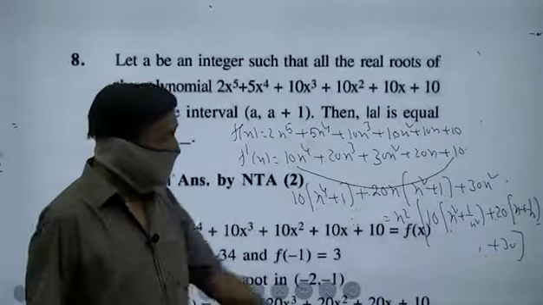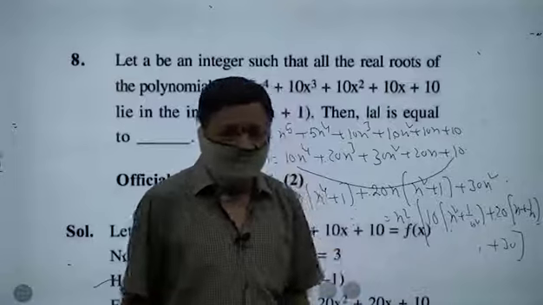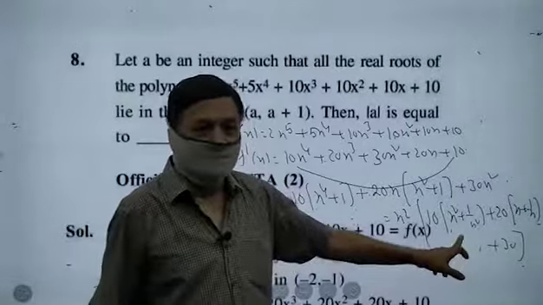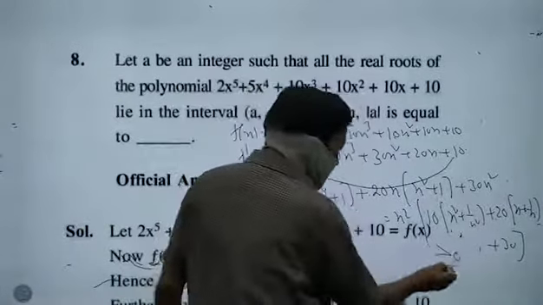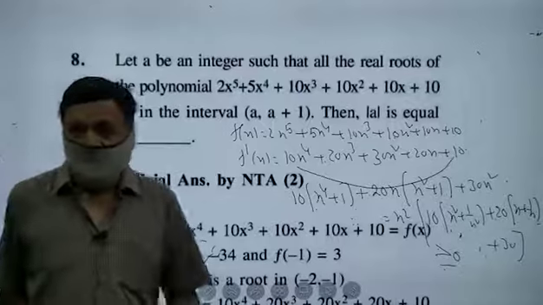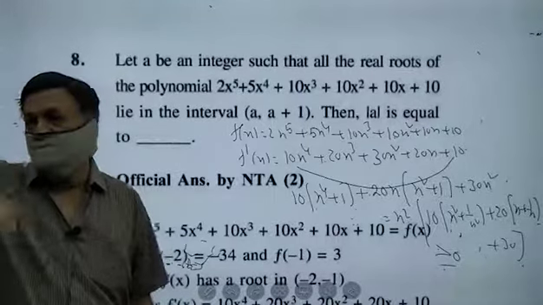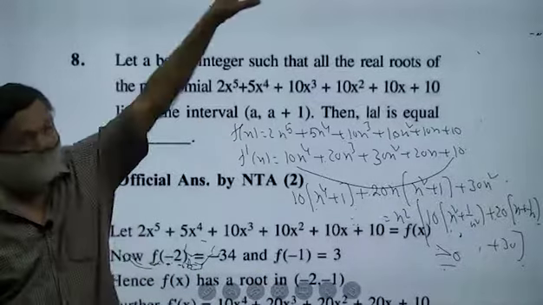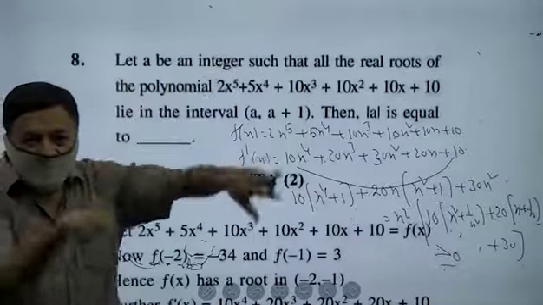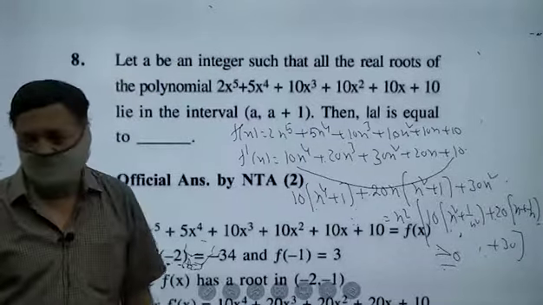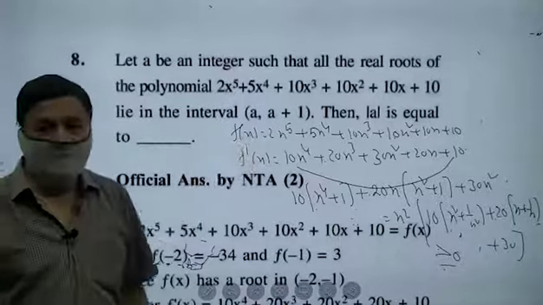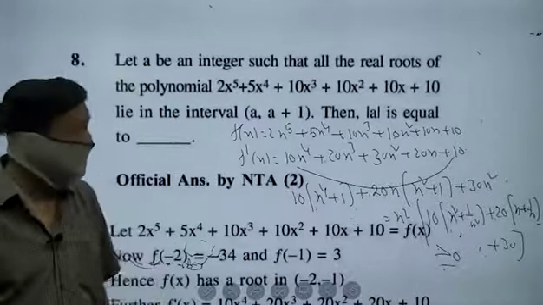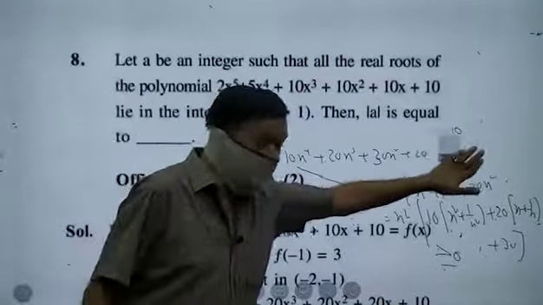Now you put x plus 1 by x is equal to t. You will get this entire expression greater than 0 always. So f'(x) is greater than 0. That means f is an increasing function. Since it is odd, it starts with minus infinity, goes up to infinity. So in between at only one point it is going to cut your x-axis. So this equation will have only one root. Now you have to search where that root lies.